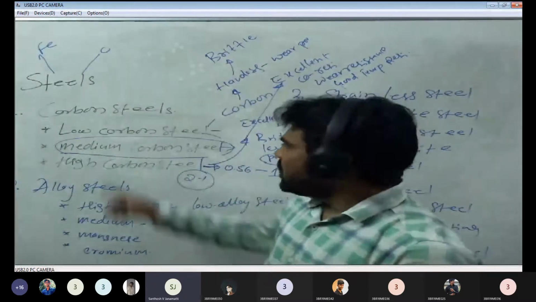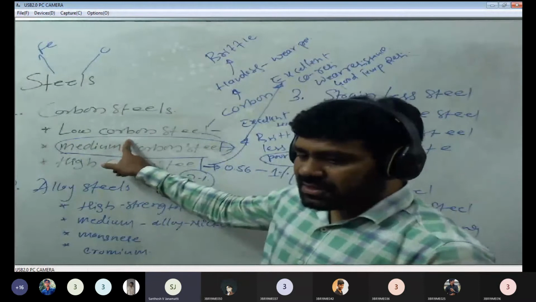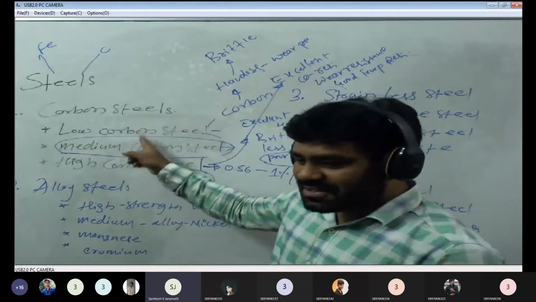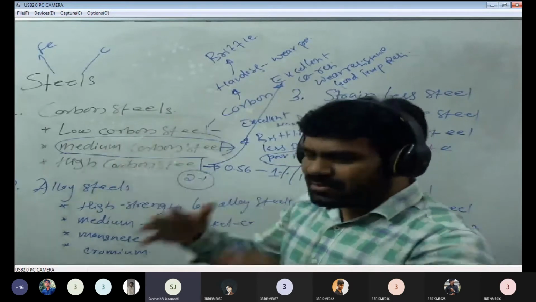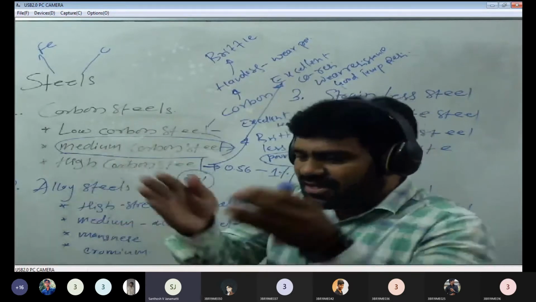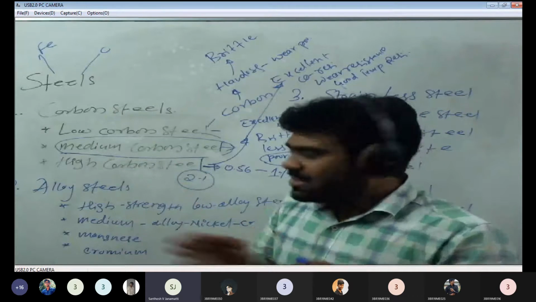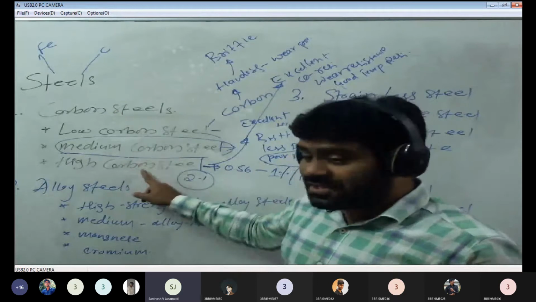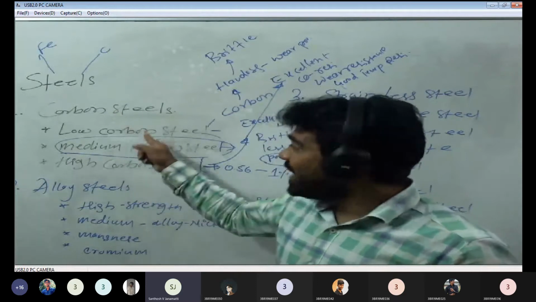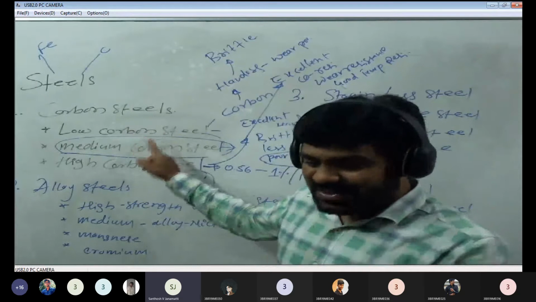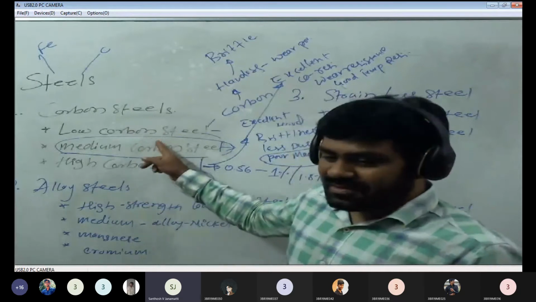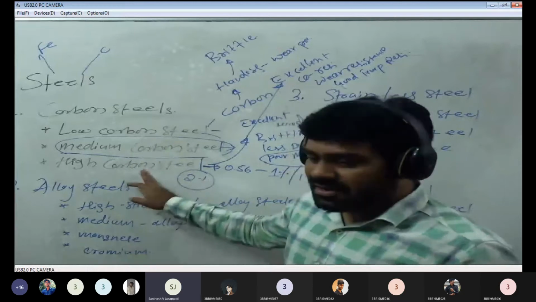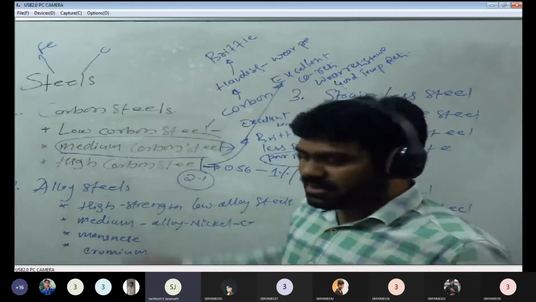One example I will give you: the low carbon steels. All the low carbon steels are machined by the high carbon steel. Suppose we want to construct some domestic application from the steels. This steel is machined by the high carbon steel because it is harder. We are using this high carbon tool to make something from the low carbon steel, because this is a very hard material. It is high carbon steel.